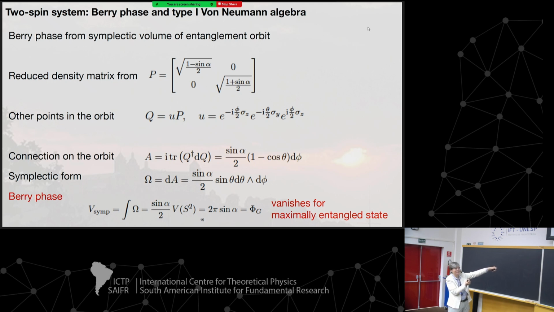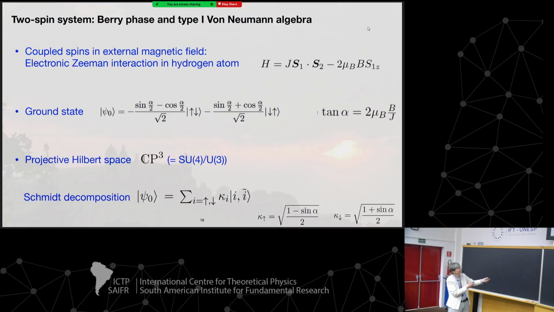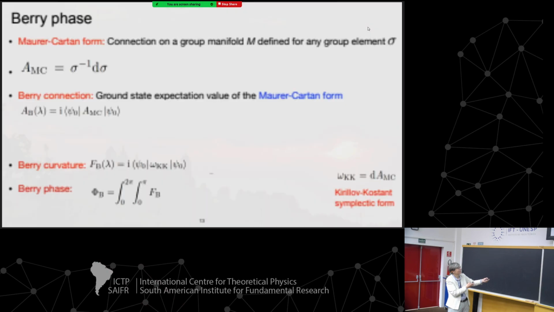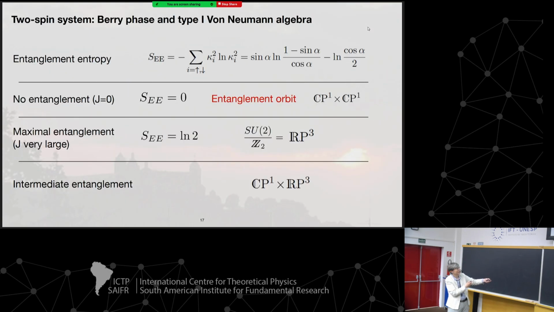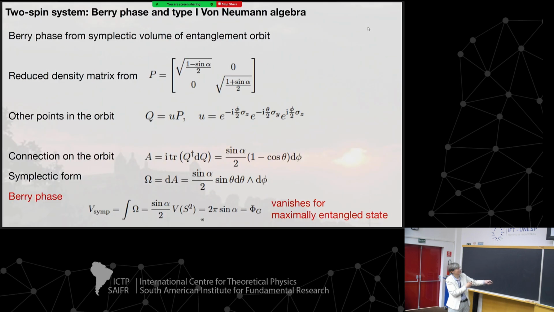Sorry, I think I went very fast over this. From this connection, the symplectic form is then again this curvature. What was the curvature? This curvature, yes, it's the same. I just integrate over the curvature, so I integrate over theta and phi again, and then I get this expression. You integrate over what, precisely? I integrate over theta and phi, but I integrate over this 2-form, which is the symplectic form.